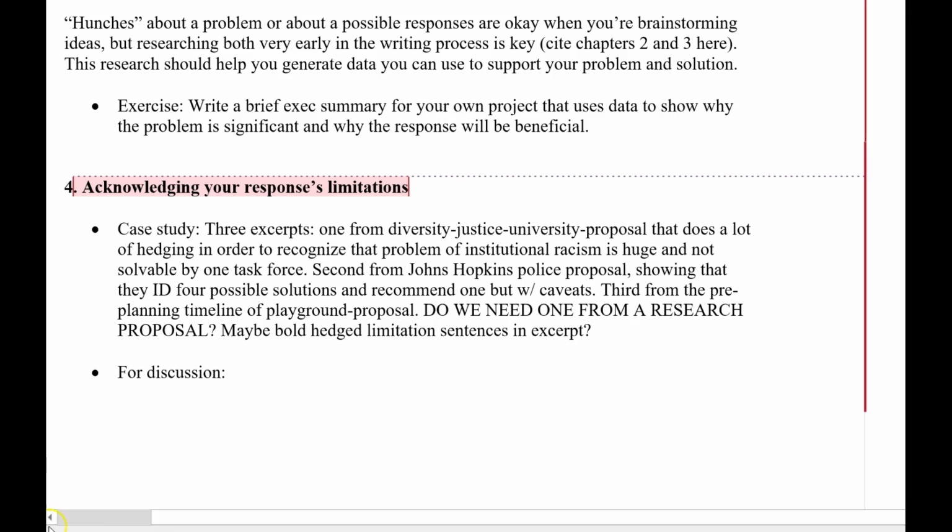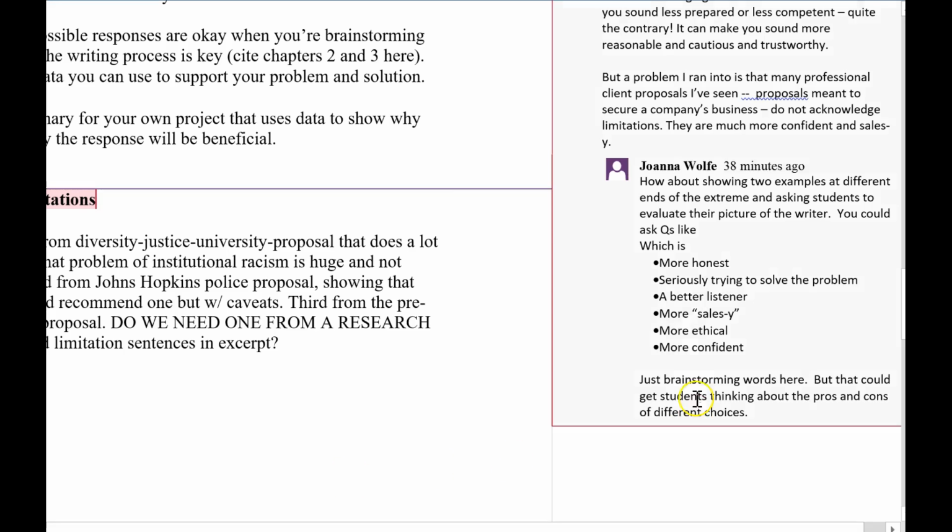Which one's more honest, more salesy, more confident, and kind of get them to brainstorm what are the different contexts that you would want to use these in, and then maybe lead them into a lesson about that.